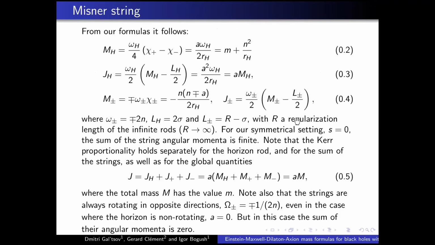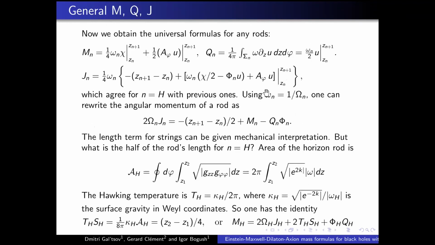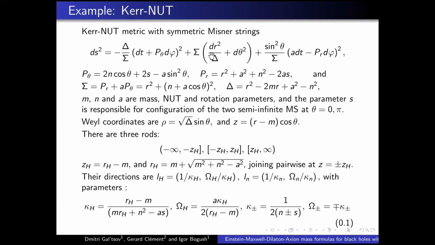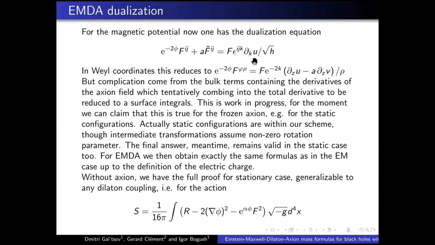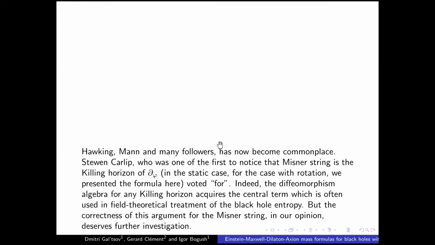And what I obtain is surprising. We have the same final formula, only the initial definition of charge will be different. And I think that we will be able to prove it in the general case too, but calculations are somewhat complicated in that case. Now, in particular, if you exclude axion, you get dilaton, and then you can generalize it for arbitrary alpha coupling of the dilaton.